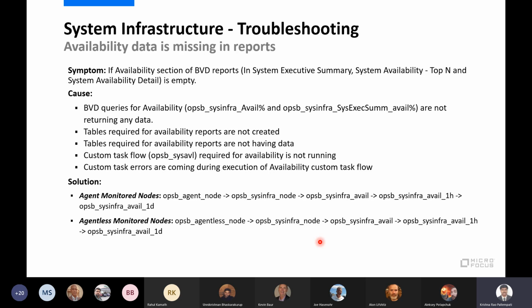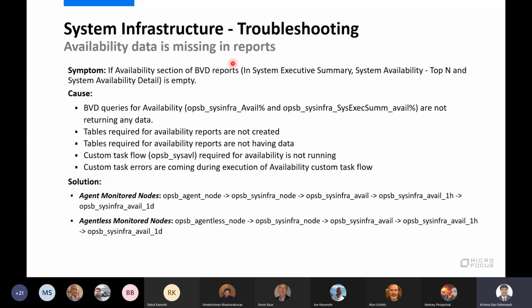Since it's a custom Perl script, the logs will be in a different place, and if it is a default aggregation provided by COSO, the logs are in a different place. So I have taken one example for the custom, and later I will explain the default task flow which is not running or has no data in a respective table.